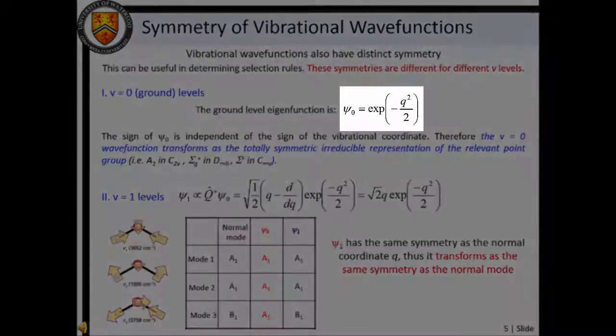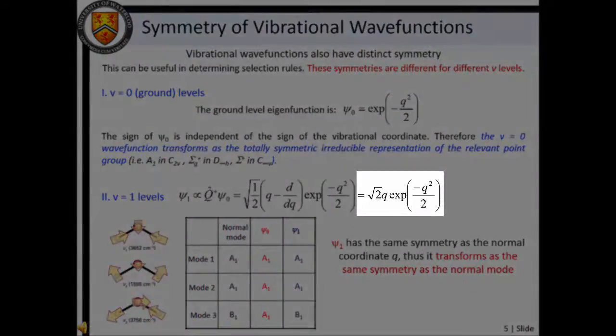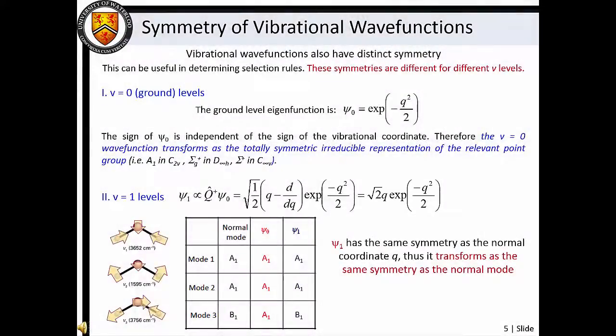For example, the ground state vibrational wave function is e to the minus 1/2 q squared. Here, q is the vibrational normal mode coordinate, and we see that the symmetry of the wave function is independent of its sign. Thus, the v equals 0 wave function transforms as the totally symmetric irreducible representation of the relevant point group. In contrast, if we use a ladder operator to produce the v equals 1 wave function, we see